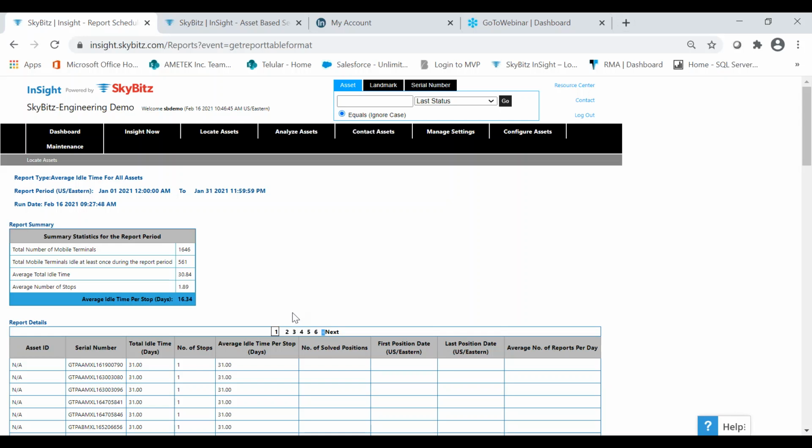Okay, so you've run the report, and what jumps out is you get a very nice summary box here at the top. And also, going above, just to remind you, the report type is the average idle time for all assets. We see the report period, January the 1st to the 31st, and when we ran this report just a few seconds ago. So looking at this report,